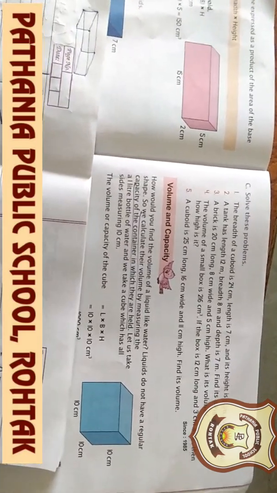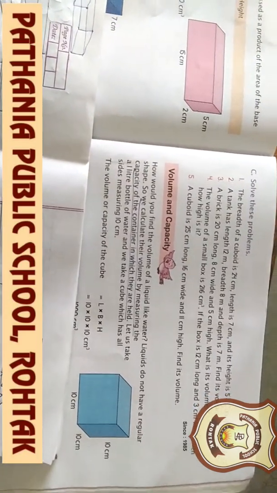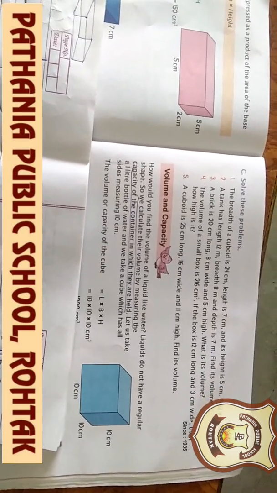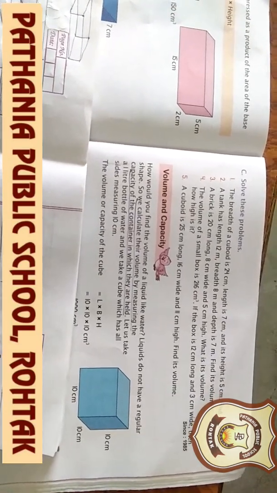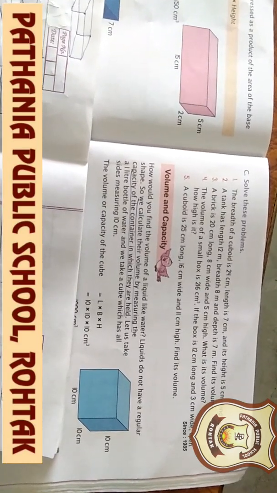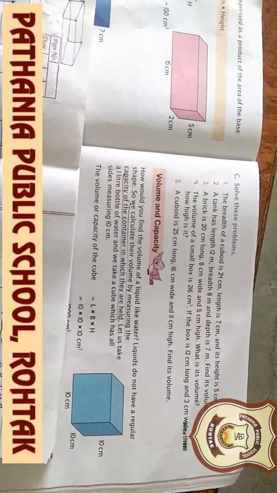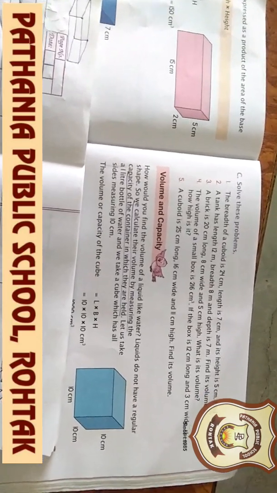Now come on fourth one. Here, volume is given to you. Length is given to you. Breadth is given to you. And you need to find height. This is different, beta. Here you need to find height where volume, length and breadth is given to you. So how you will do this question?